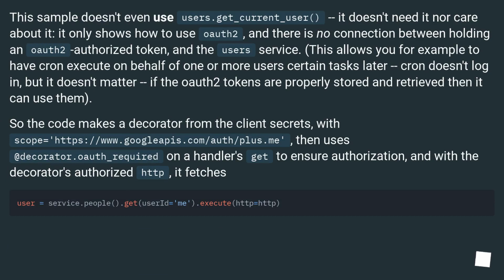This sample doesn't even use users.get_current_user, it doesn't need it nor care about it, it only shows how to use OAuth2, and there is no connection between holding an OAuth2 authorized token and the user's service. This allows you, for example, to have cron execute on behalf of one or more users certain tasks later. Cron doesn't log in, but it doesn't matter, if the OAuth2 tokens are properly stored and retrieved, then it can use them. So the code makes a decorator from the client secrets, with scope equal to